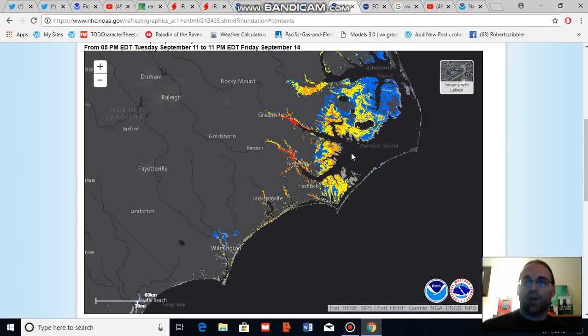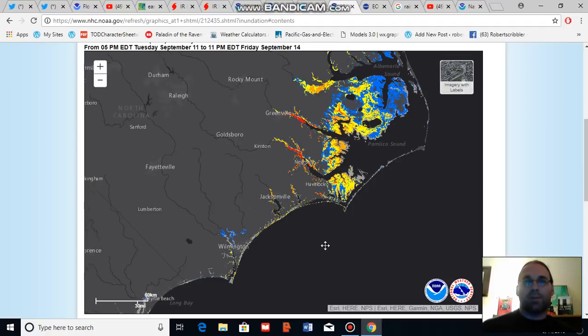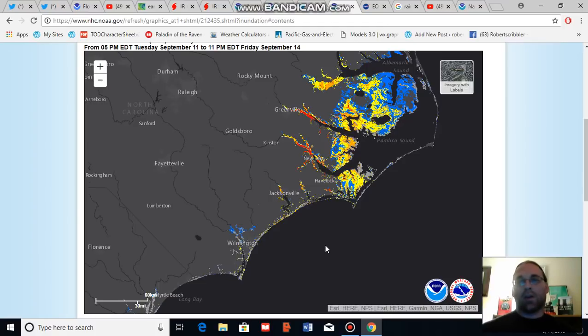I'm just going to zoom out and show you this storm surge map. And with Florence pushing so much water, there's a wide range of regions that could see inundation as the storm approaches the coast. It's worth noting that the track has shifted a bit to the south, so the direct path is moving more toward the Wilmington, Jacksonville area, although regions to the north, as you can see, are expected, at least according to flood models, to see some rather